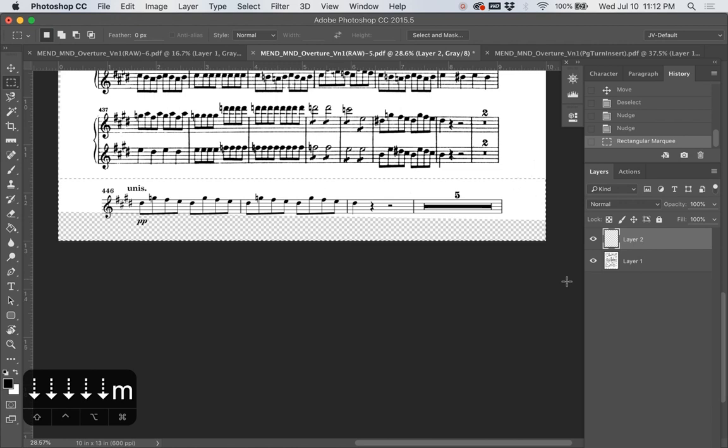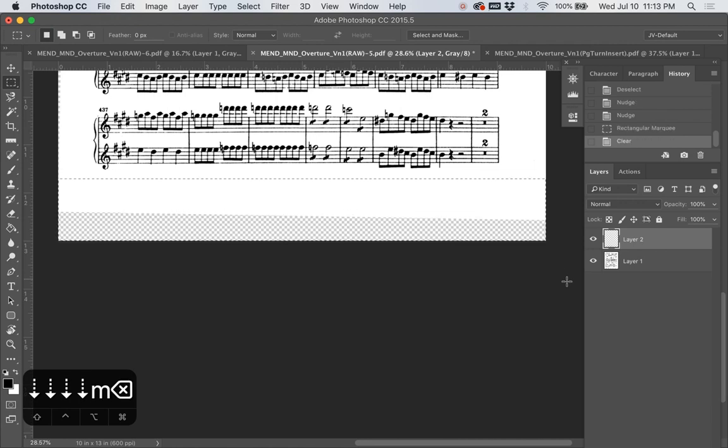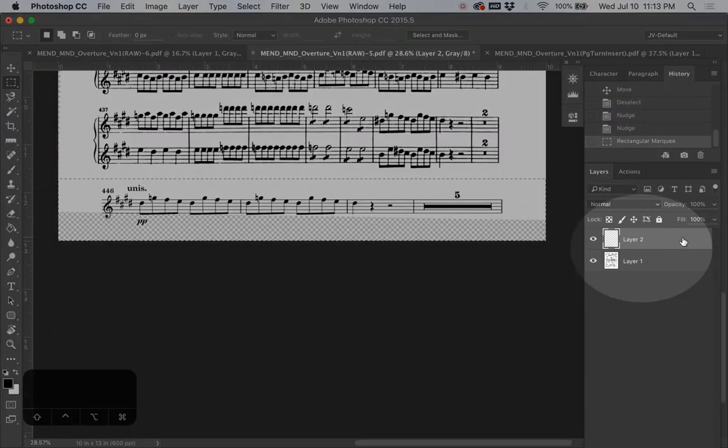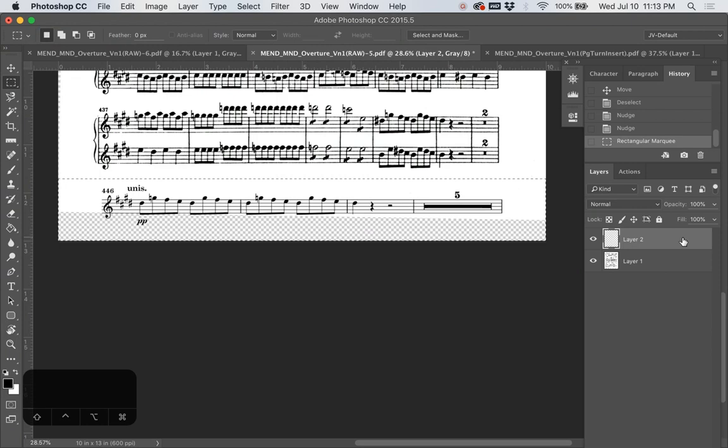Now I'm going to do something that is going to create a mistake here. If you see, oh, I did not delete the background, I deleted the foreground. So of course Command Z will undo that. Why is that? It's because I had layer 2 selected. So what I was deleting were the pixels in layer 2, which of course is this insert of measure